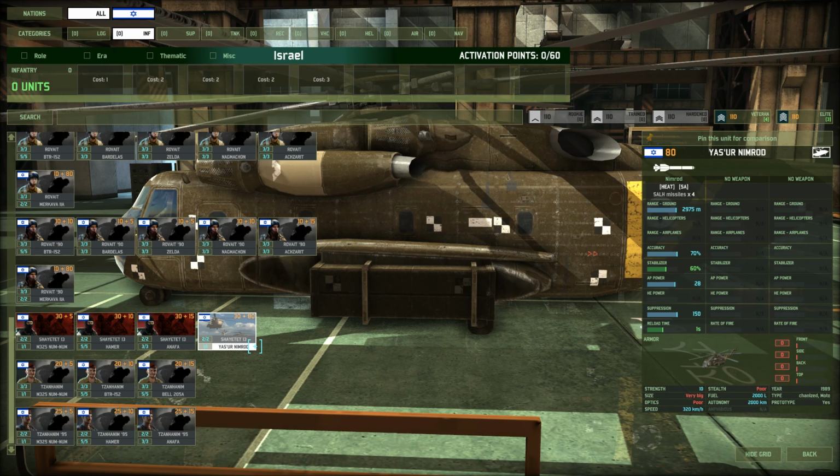2975 meter range ATGM. That's the best ATGM range that I've seen in the game. For now, that is, because they also have this ATGM on other units. Range is fantastic. Accuracy is really, really good. Armor penetration of 28. It's extremely fast,